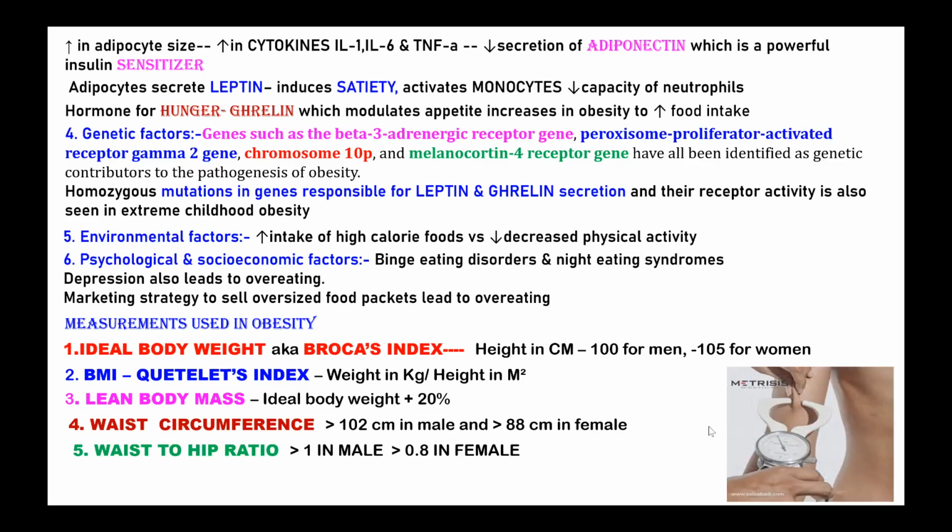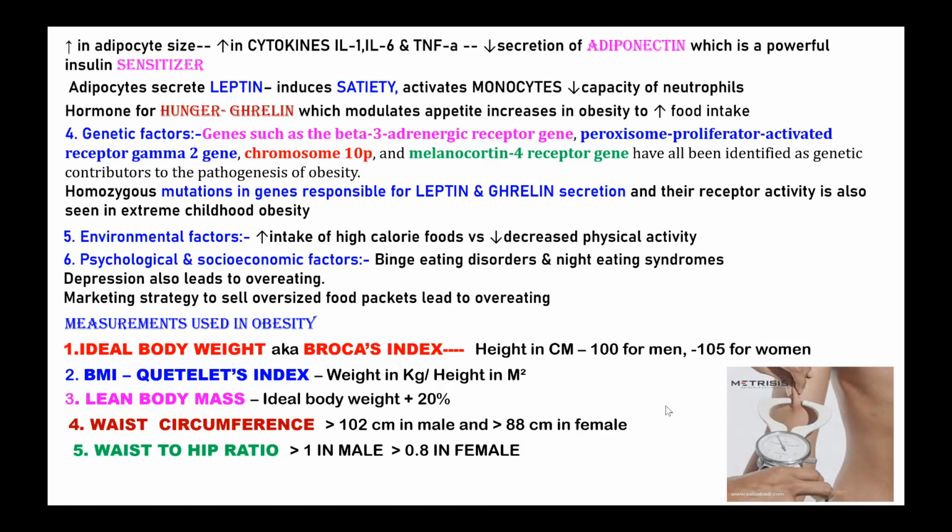Can you identify what is being done here? This picture. Body fat percentage, sir. They're checking the body fat percentage. Somebody is pinching here and measuring. Triceps fold technique. Very good. It's called the triceps fold technique measurement. What is the instrument used for that?